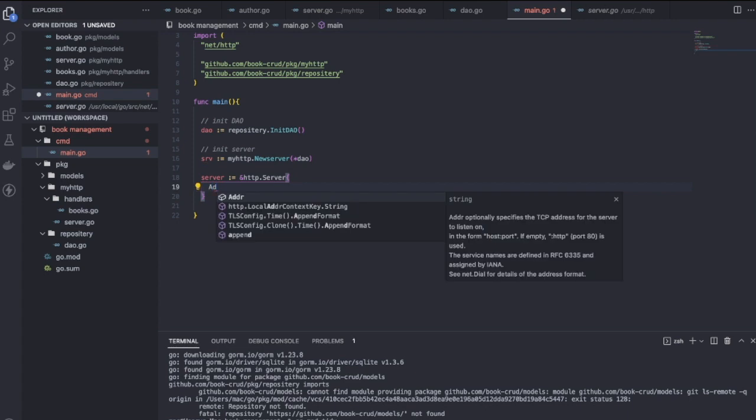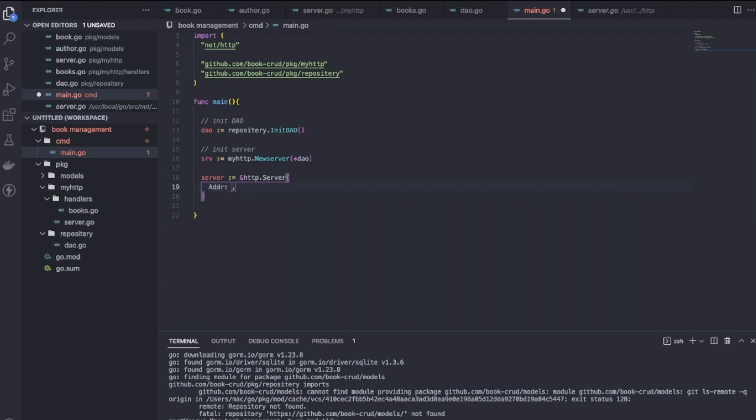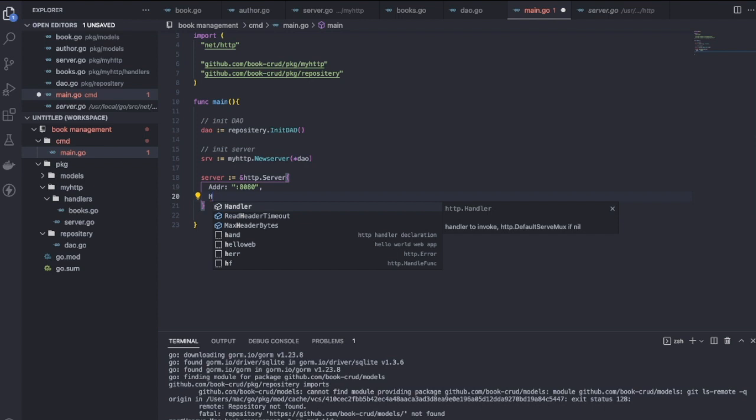Now this may be kind of confusing for beginners, but if you're not a beginner, trust me, it will make sense if you write the code. That's what I always say. So we're going to set the address here. We're going to set the handler. So now look, handler,